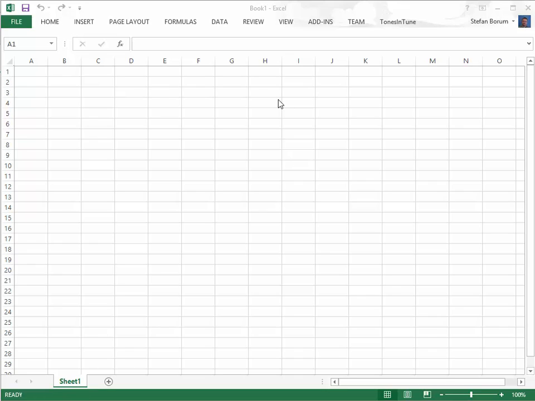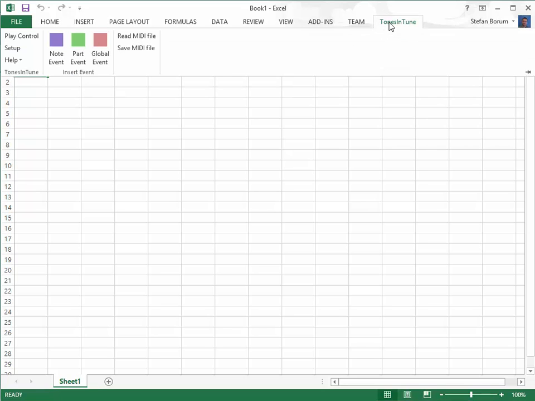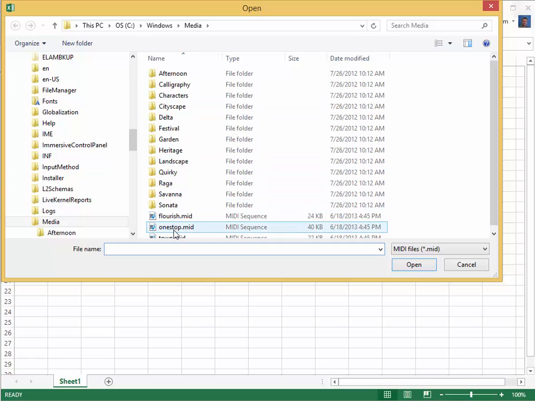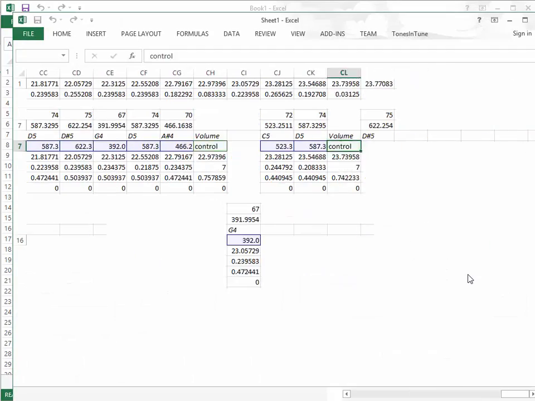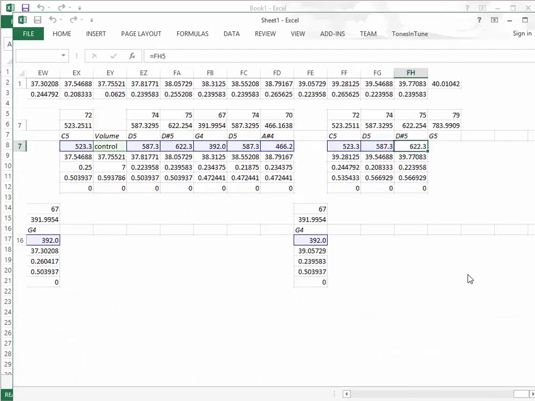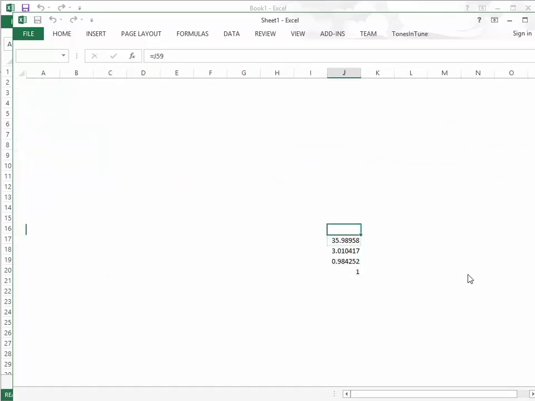Welcome to this video about how to read MIDI files into a spreadsheet with the help of Tones in Tune. It's actually quite simple. You select a file in Tones in Tune's MIDI file reader and stay away from Excel for some time. In this case, I've selected the largest MIDI file on my computer with thousands of MIDI events,